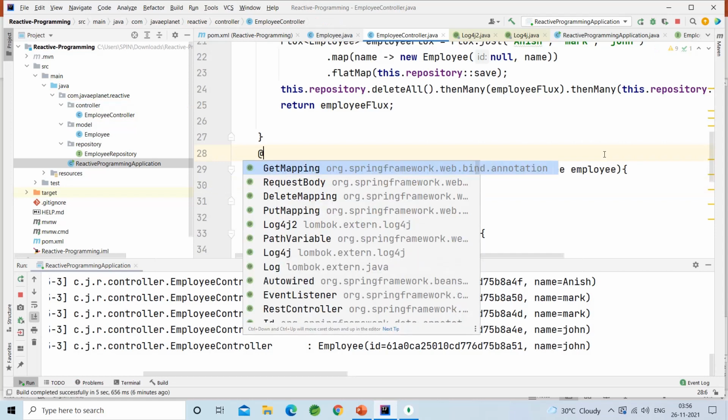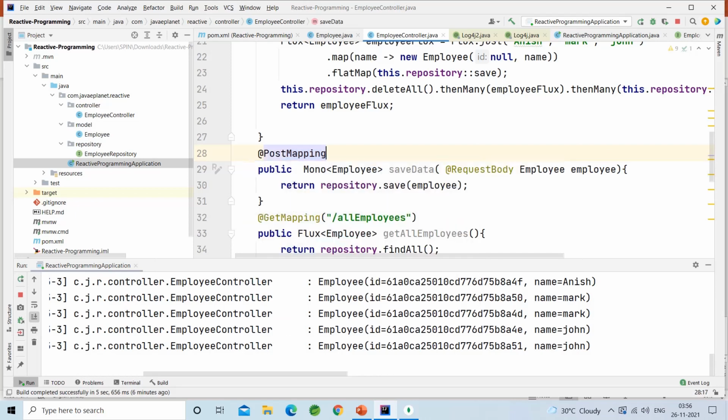That is @PostMapping, save employee. That's all.